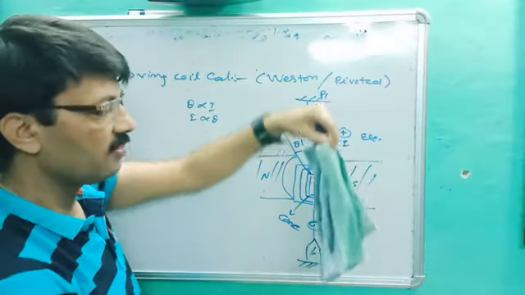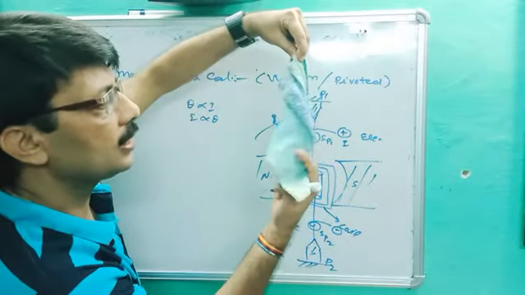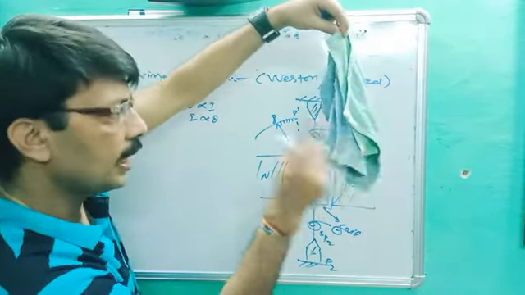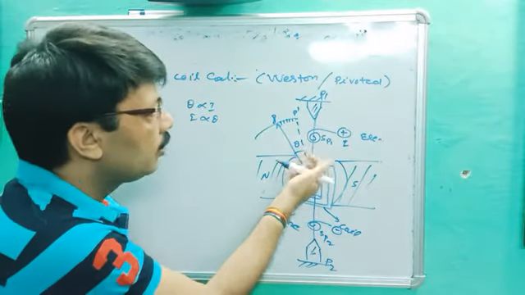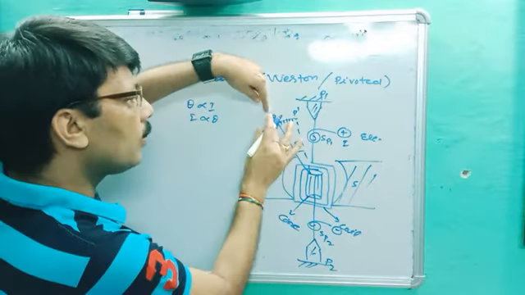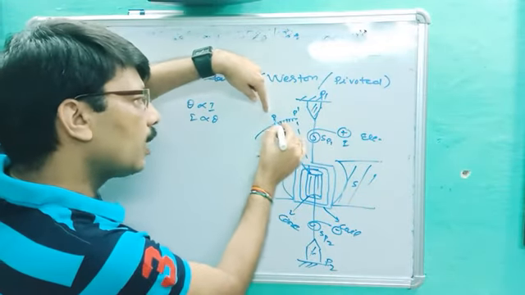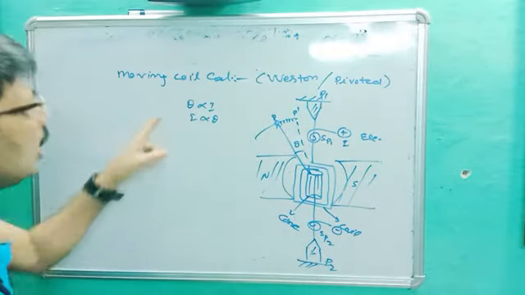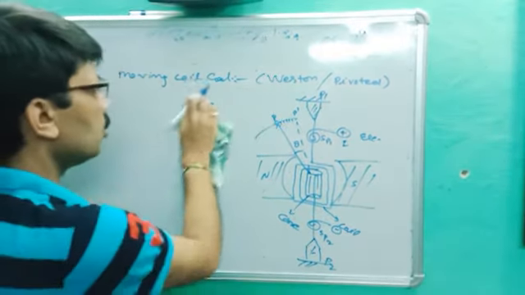Let's suppose it is a free coil. When it rotates, it will get twisted. When you cut off the current, it gets back to its initial position. When you put off the current, pointer P dash will again return to point P. It means again it becomes 0 degree. So our aim is theta proportional to I, or I proportional to theta.